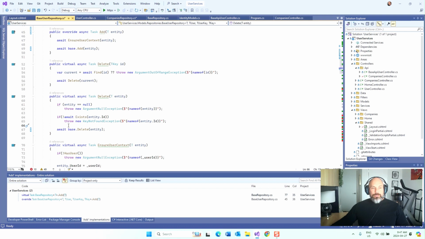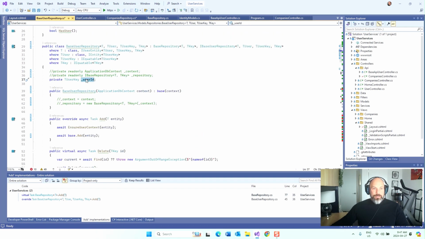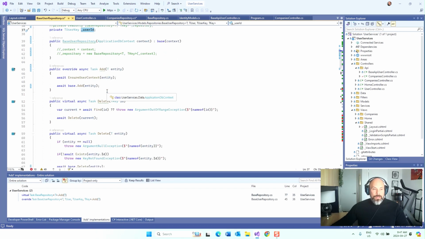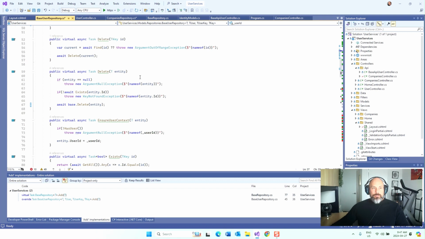The other test that we should be testing for as well is, do we have a user ID on this entity? And then as well, is that user the same user that is in the underscore user ID? So there's a couple of things that could be tested here, and really what we're doing when we think about the order of operations here,